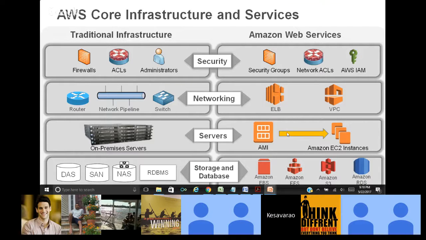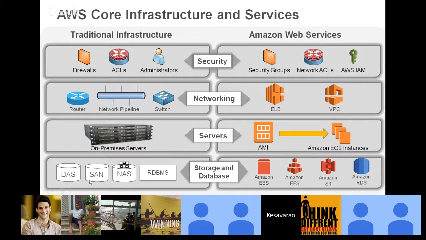Coming to the next layer, storage and databases. In all the traditional systems, you would basically